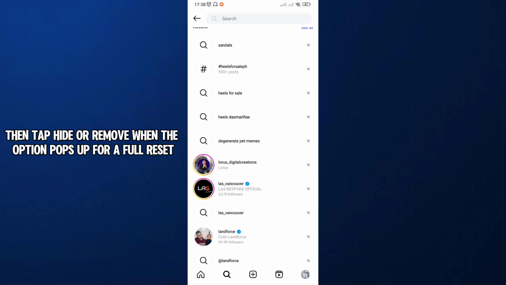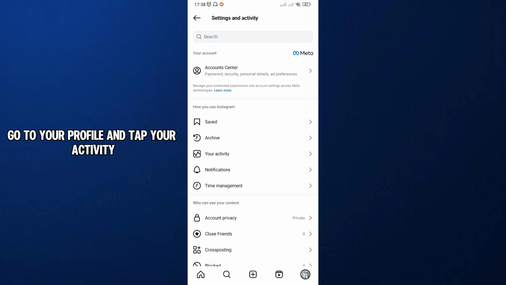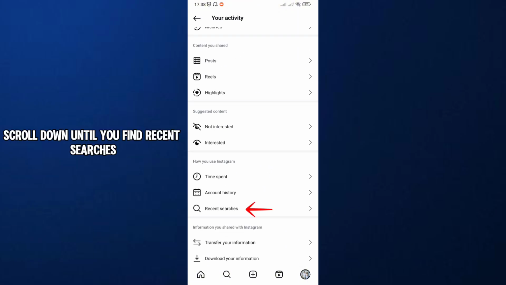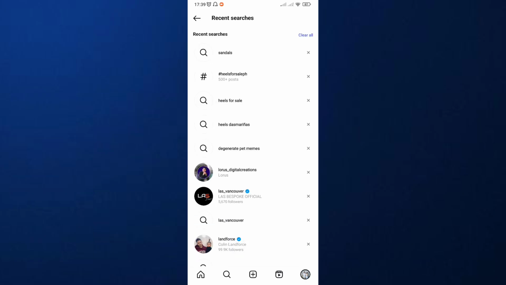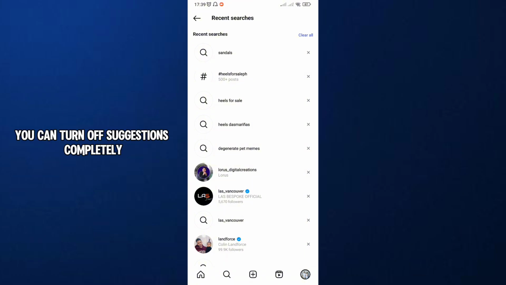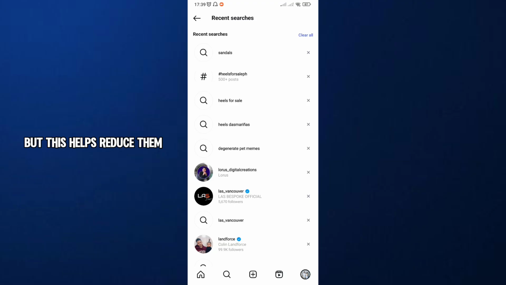For a full reset, go to your profile and tap Your Activity. Scroll it down until you find Recent Searches. Keep in mind, Instagram might still show suggested accounts based on who you follow or interact with. You can turn off suggestions completely, but this helps reduce them. Just click Clear All,